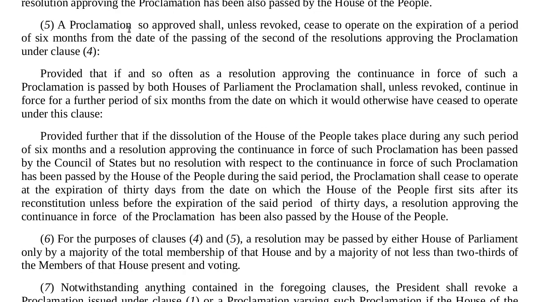5. A proclamation so approved shall, unless revoked, cease to operate on the expiration of the period of 6 months from the date of the passing of the second of the resolutions approving the proclamation under clause 4, provided that if and so often as a resolution approving the continuance in force of such a proclamation is passed by both Houses of Parliament, the proclamation shall, unless revoked, continue in force for a further period of 6 months from the date on which it would otherwise have ceased to operate,